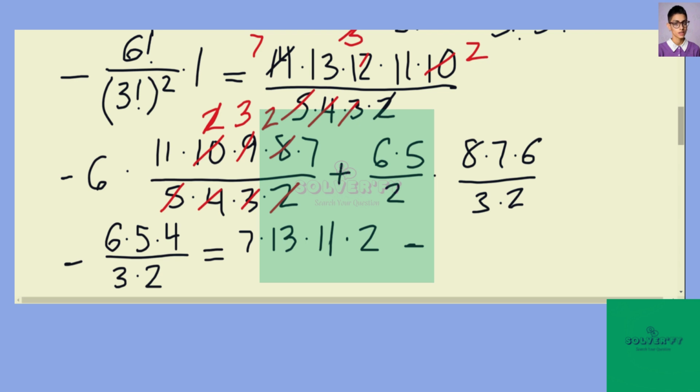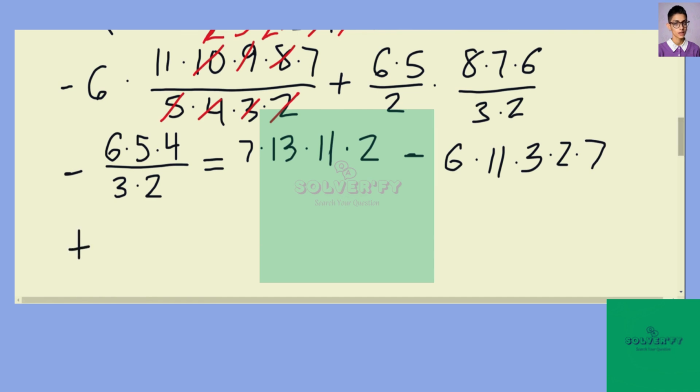So we get minus 6 times 11 times 3 times 2 times 7, plus 2 and the 6 cancel out to give 3, and we have that the 2 and the 8 cancel out to give 4, and the 3 and the 6 cancel out to give 2, so this becomes 3 times 5 times 4 times 7 times 2,